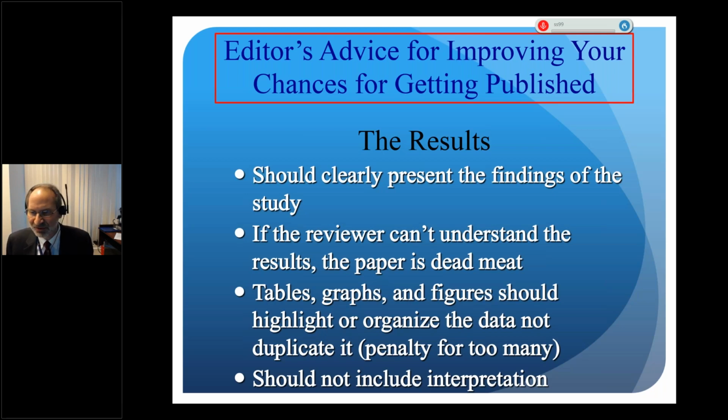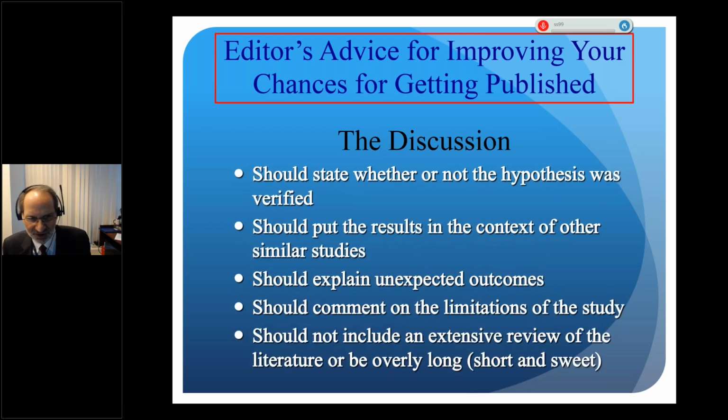Now, one other thing, the results section is not where you put your thinking or your conclusion or your summary or your interpretation of the data. It's only to report the data. Any interpretation you may need to make as to why you found what you did, that goes into the next section, which is the conclusion section or the discussion. That's where you say, we did liver biopsies on 200 consecutive sleeve patients with fatty liver disease, and we found that in most cases after surgery, the liver gets better.